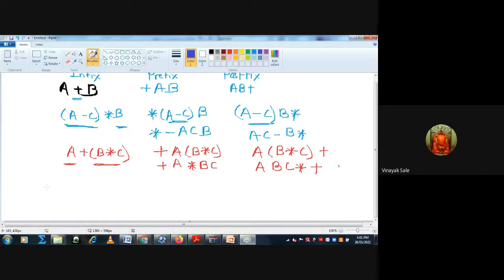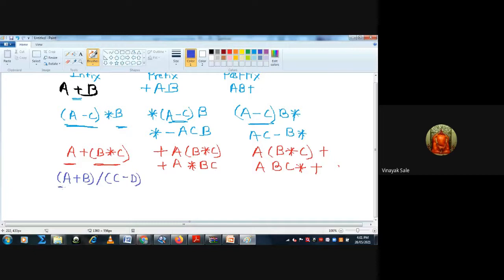The next example is in bracket a plus b divided by second bracket c minus d.